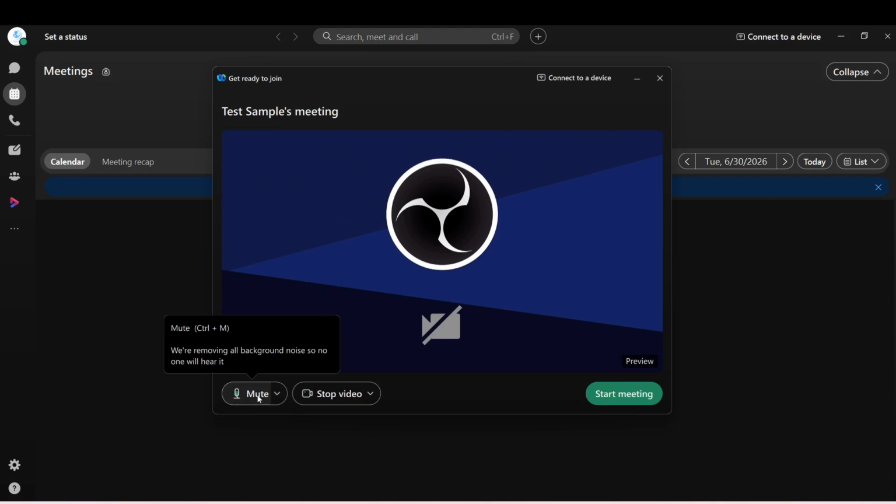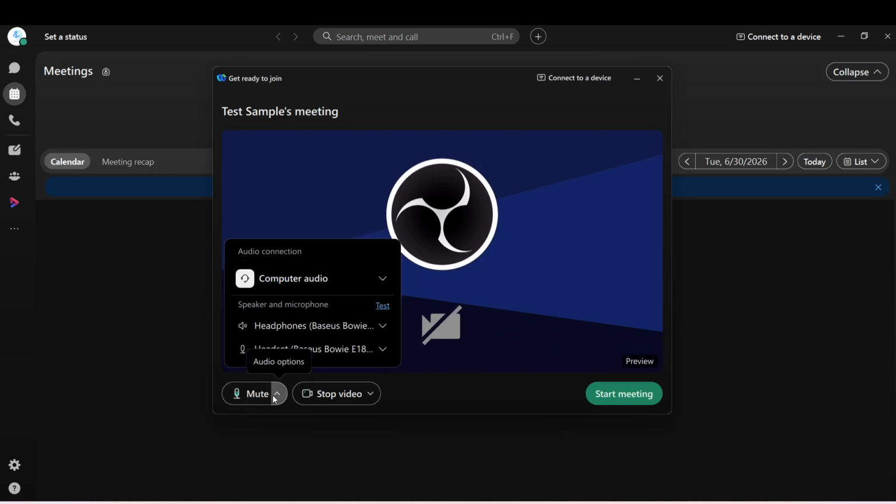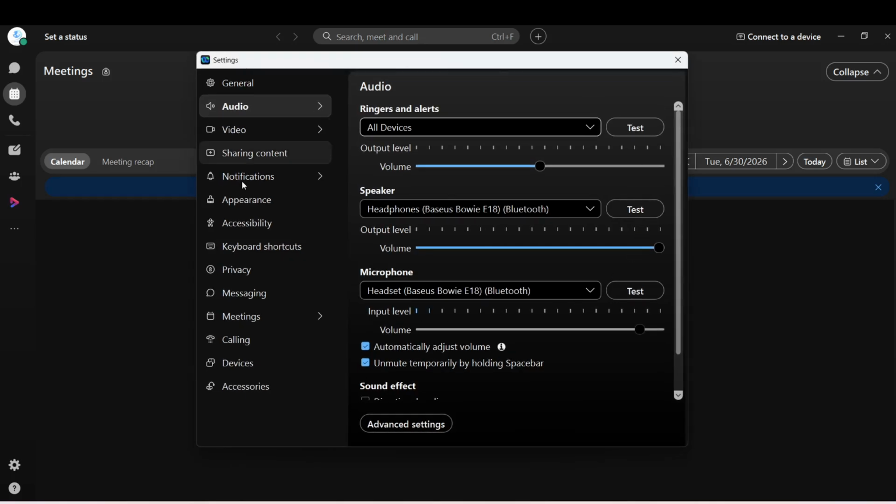Click Test Speaker and Microphone to play a test sound and check your input volumes. This step is very important because it helps ensure that both your speakers and microphone are functioning properly. You will hear a sound that confirms your speaker is working, and you may also speak into the microphone to check the input levels. This quick test can save you from any audio issues during the meeting, allowing you to focus on the conversation rather than technical difficulties.